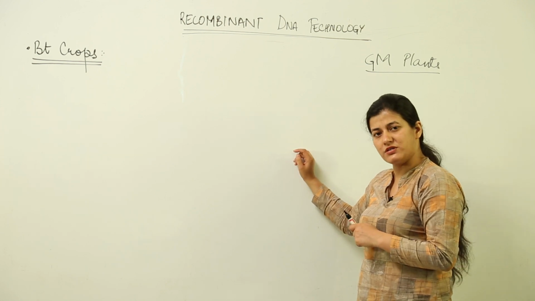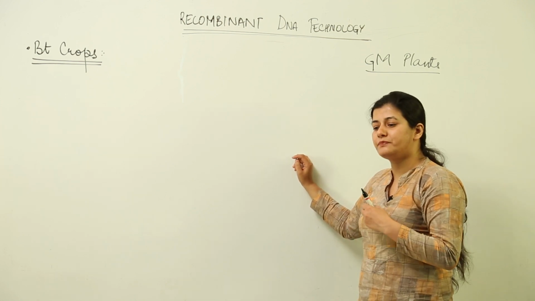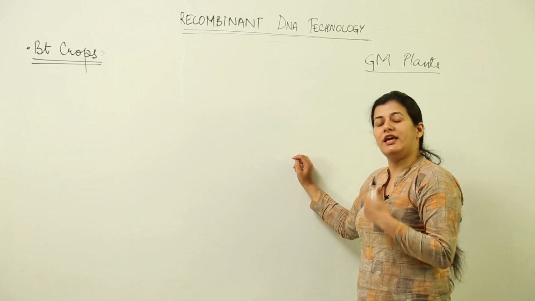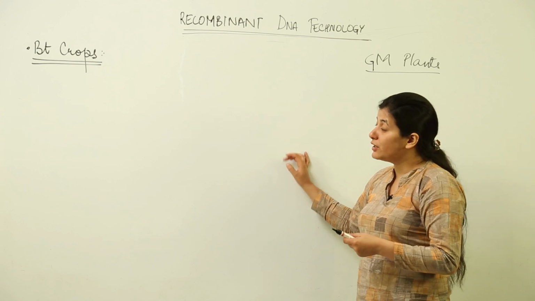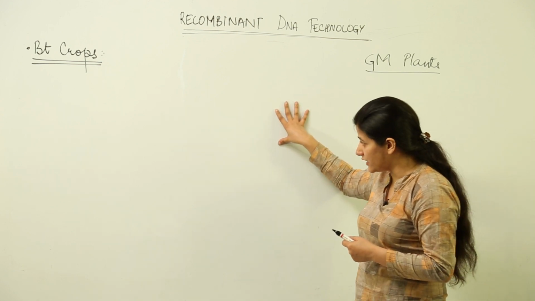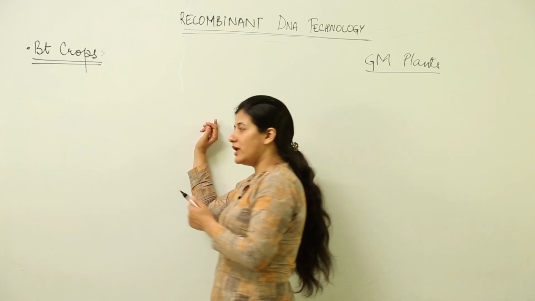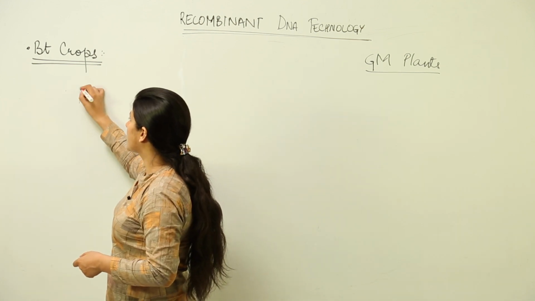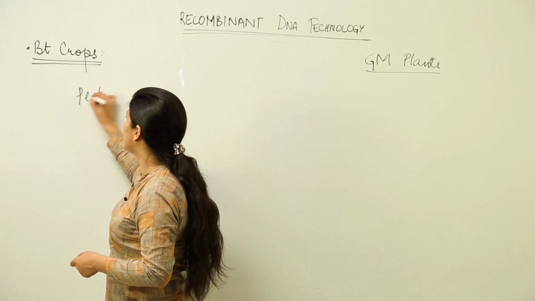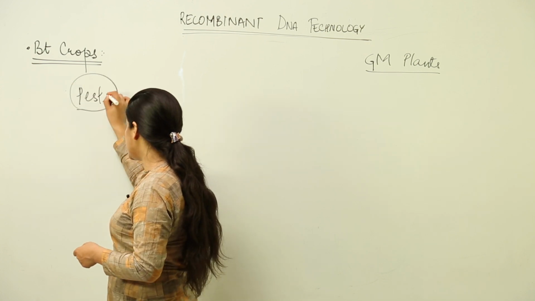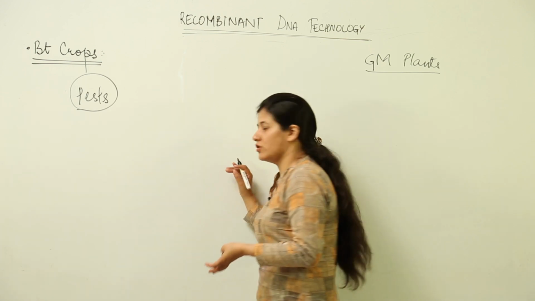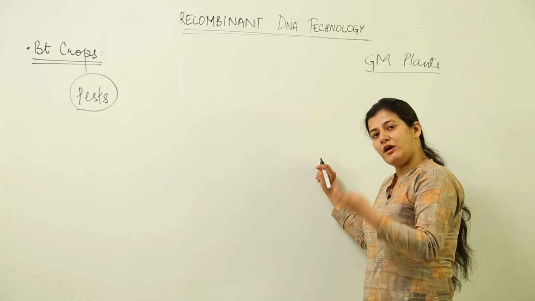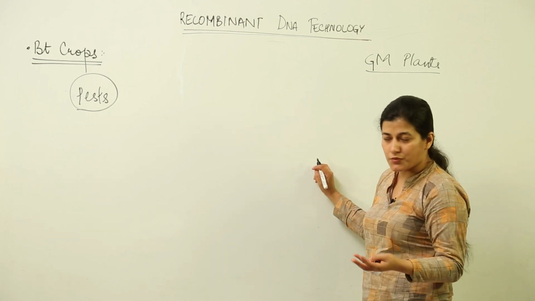We have an example of certain crops where the abiotic stresses, pardon me for that, could be well met. Now, we have a certain category of crops where we deal with pests. The pests are such organisms which are going to eat away your crop. When your crop would be eaten away, the farmer will be in distress because the yield would be low.